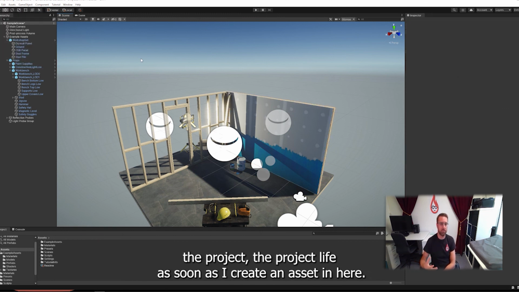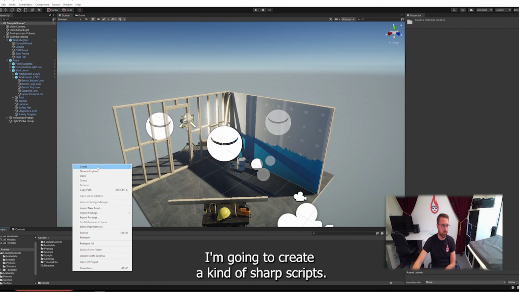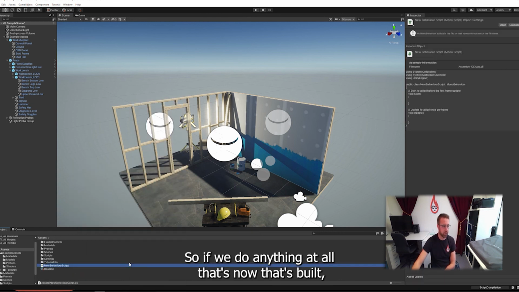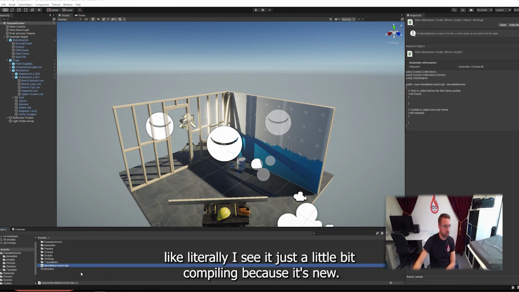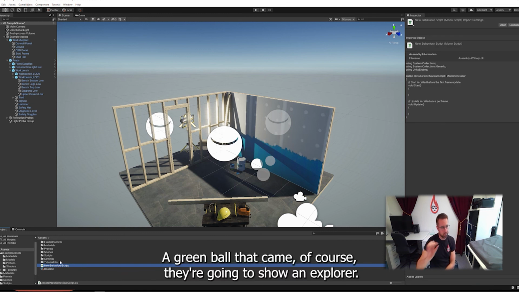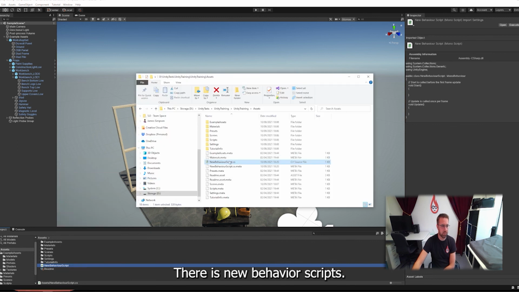The project's live. As soon as I create an asset in here, so let's say I want to create a script, I'm going to create a C# script. I'm just going to save it as new behavior script. It's not going to do anything at all. That's built, but I don't have to save the project. That is now in my folder. I can see a little bit of compiling because it knew it's new, that little green bar that came across. If I go into Show in Explorer, there it is, new behavior script. And if I delete that,